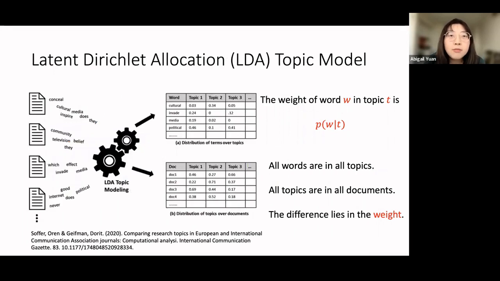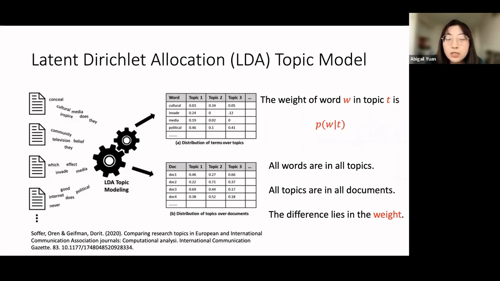On the other hand, topic modeling does something totally different. This is the LDA model, which is the one we are using in our experiments. In LDA topic modeling, what we get after we run the algorithm are two distributions. The first one is the distribution of terms over topics, where we have the words from the vocabulary of the collection, and then we compute the weight, or we call it the probability, of the word in each of the topics. And the second distribution is the topic mixture